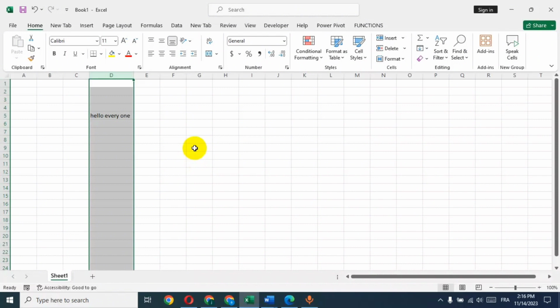And there you have it. You know how to autofit an entire column in Excel. This simple yet powerful feature will enhance the readability and aesthetic of your spreadsheets, saving your time and effort in manual formatting. We hope you found this tutorial helpful and that you can apply this knowledge to your own Excel